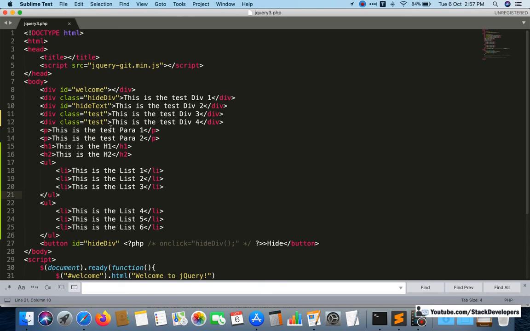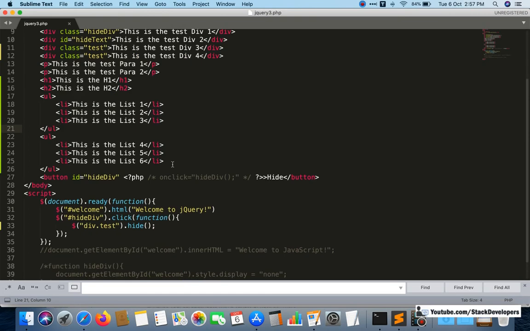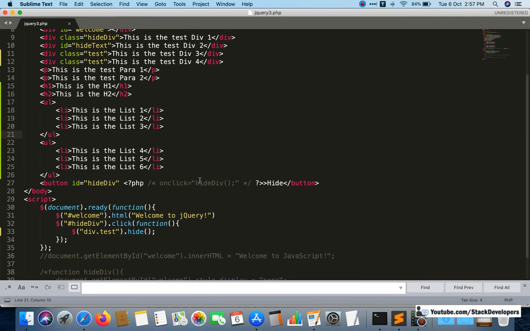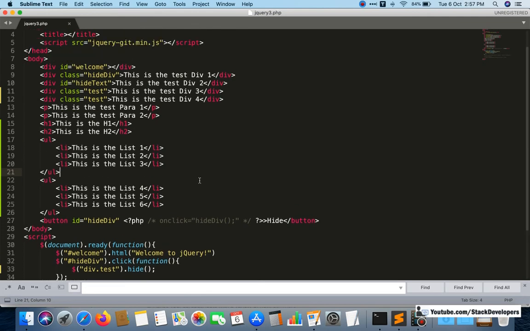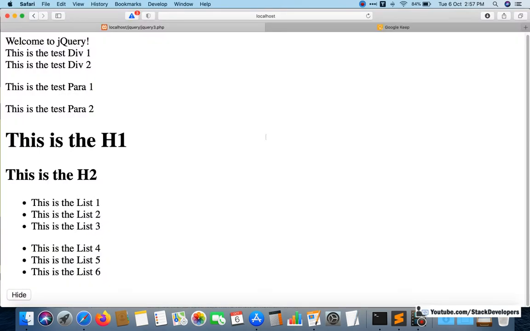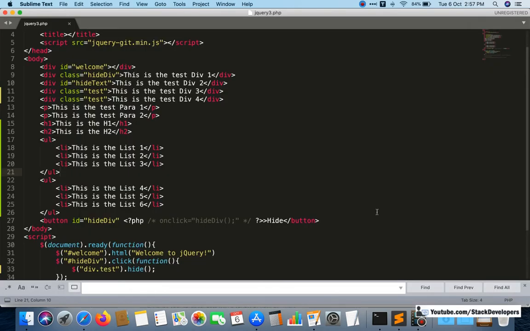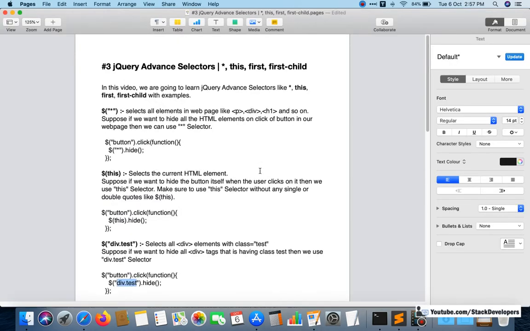The id will uniquely identify, so an id you need to give to one only, and class you can give to multiple. Then you can use the first selector also, and the first-child selector also. So keep experimenting with all these selectors, and you are going to learn all of them. I hope that this one is very much clear.